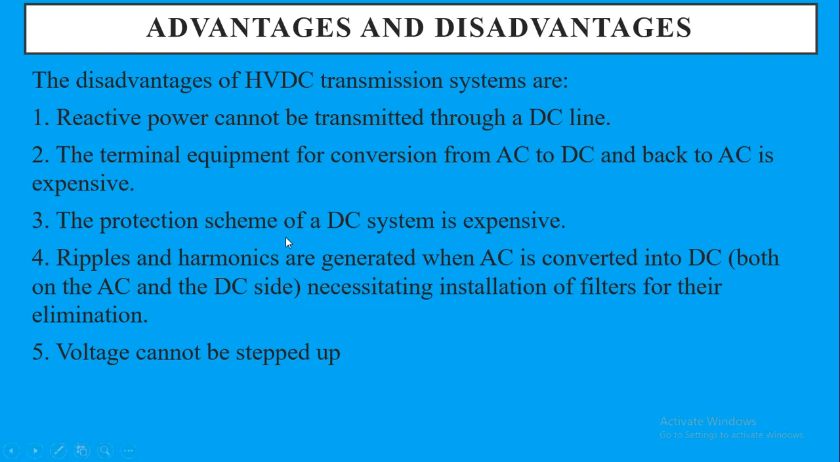The protection scheme of a DC system is expensive because conventionally the price aspect is typical in HVDC, but in HVAC the protective devices are simple, whereas in DC it is complex. In number three,